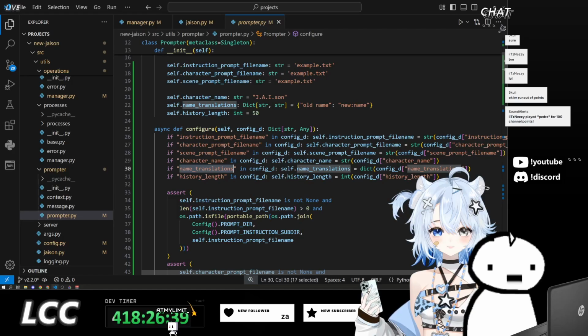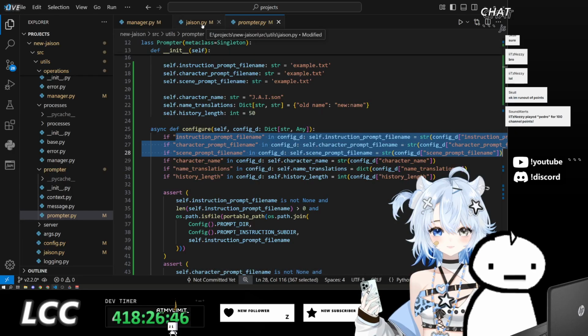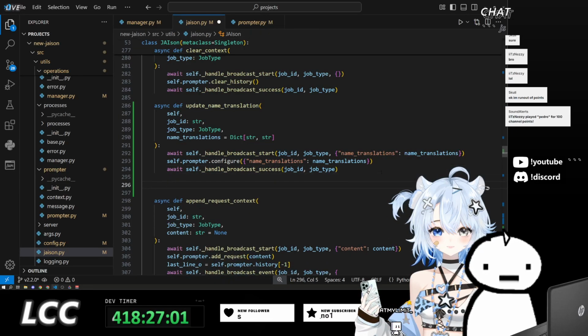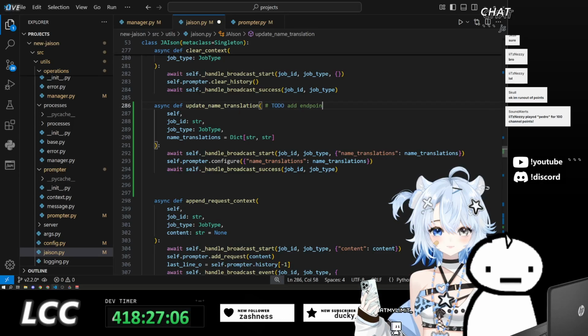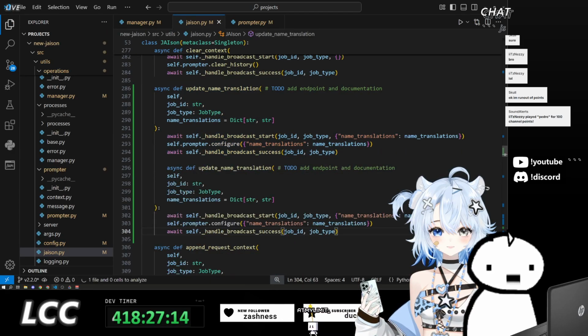What else do we need to edit? We can edit each of the prompts in translation. We also want to be able to update the character name as well as the prompts.